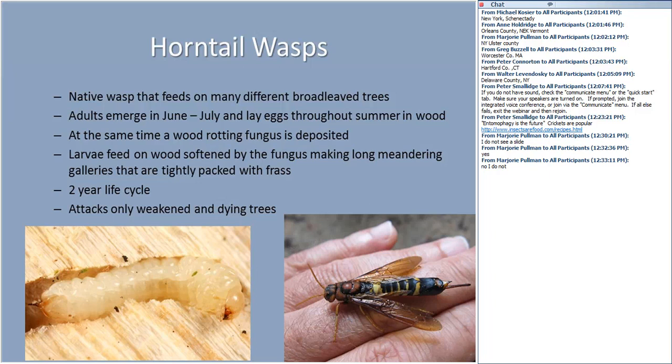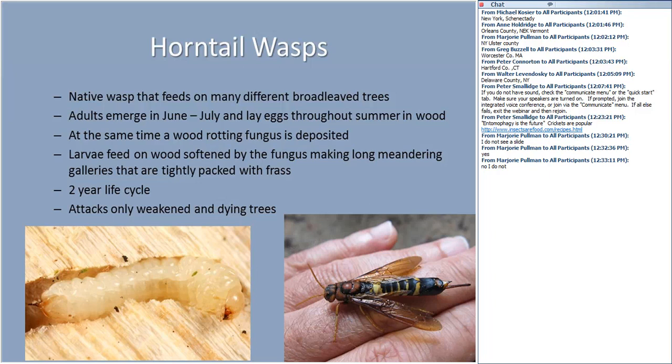And I've got to say at this time that if ever you find these things, it actually has a parasitoid, a parasitic wasp that is absolutely phenomenal to watch. I actually had a bunch of sugar maple firewood that I was working on, and it was in spring, and I remember the horntail wasps were emerging, but so were the parasitoids of the wasp, and they have an ovipositor that quite literally is about 4 inches long. And it's one of the most amazing entomology stories, because what it does is it actually oviposits through a few inches of wood and into these larvae.